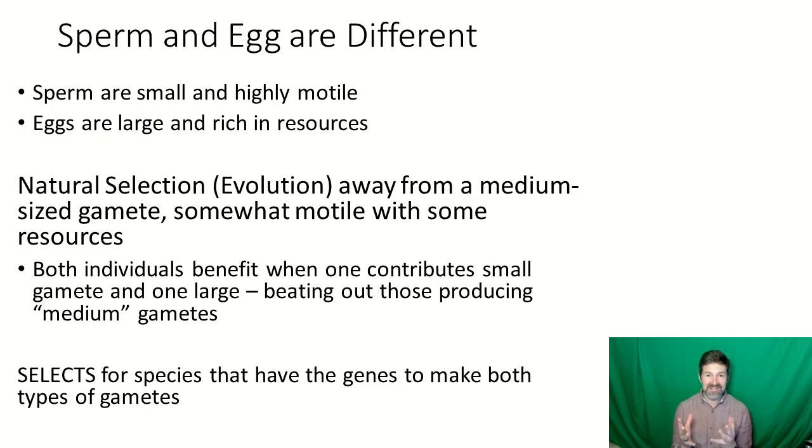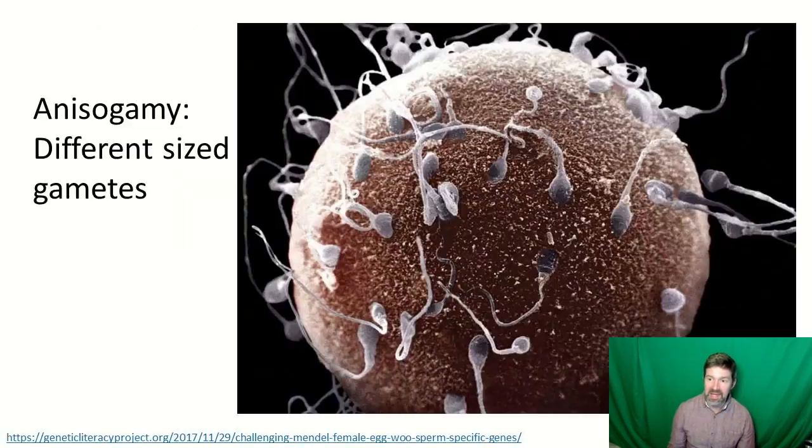What we may have seen very early in the evolution of sex is different kinds of gametes, right? So we might have had some medium-sized gametes. Maybe they were fairly motile, like they could move around okay, and they had some resources, but they weren't very good at either. So what we're basically saying is that as we continued to try different strategies, as we had diversity early in the evolution of organisms, we tried different strategies, and the strategy